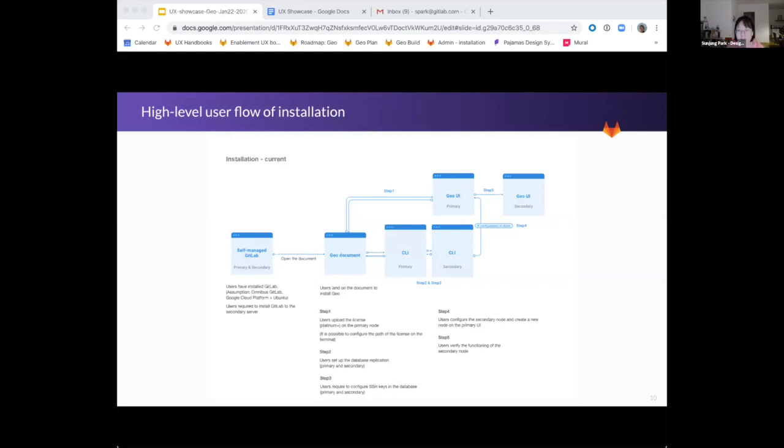Those 5 interfaces are the Geo document with the instruction, 2 different command lines for the primary and the secondary, and 2 different UIs for the primary and the secondary. So in total, it was 5. And so the general user flow was like this, and Sydney needs to load the license of GitLab first because